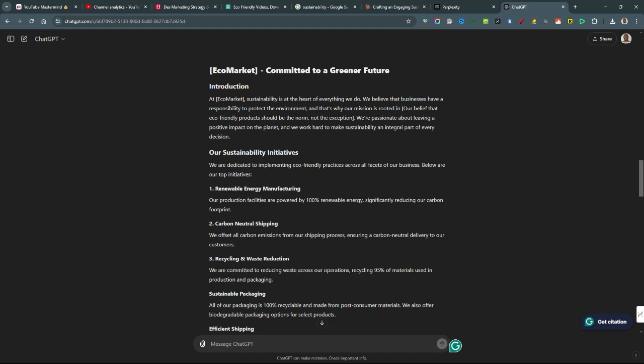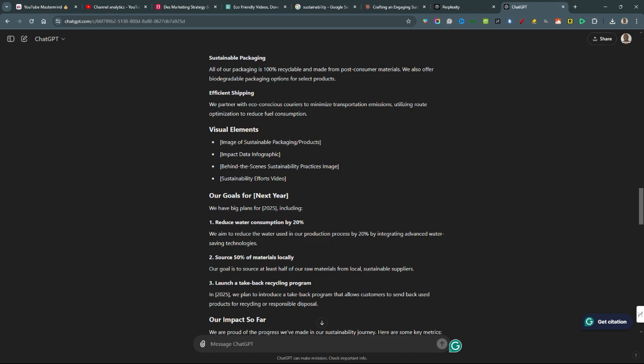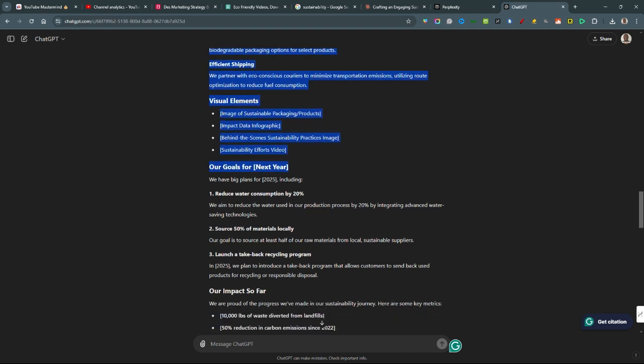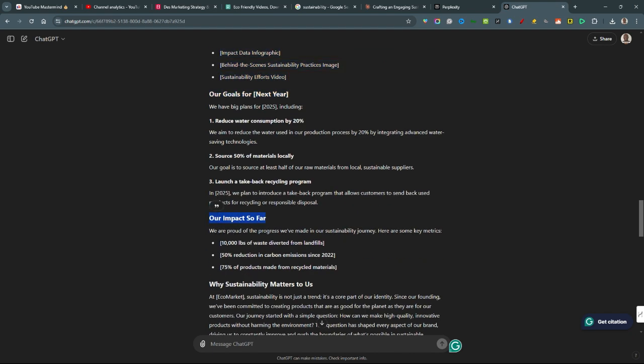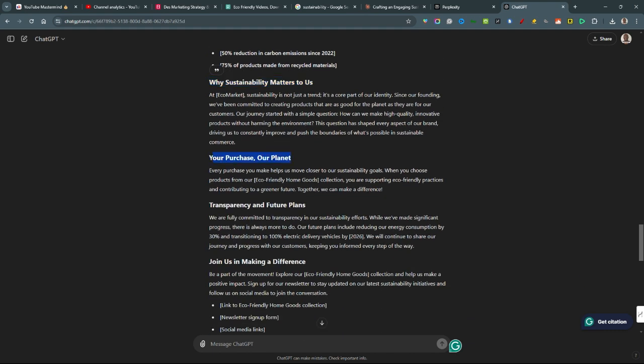So here you go guys, here's the text that the AI prompt has created. It's got all the headers and it's used all your information to create and craft this great sustainability page. We've got our goals, our impact so far, why sustainability matters to us, your purchase our planet, transparency and future plans,